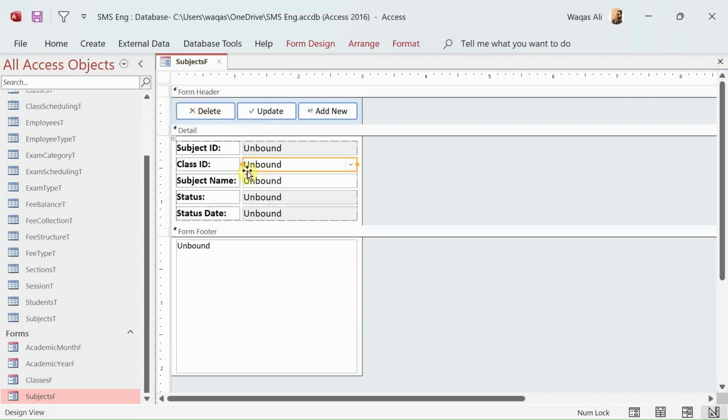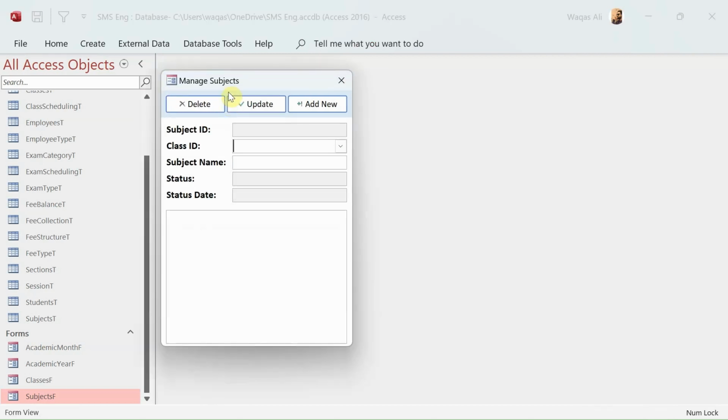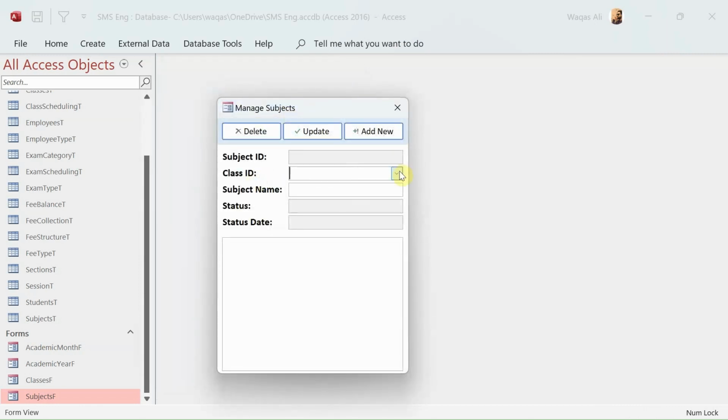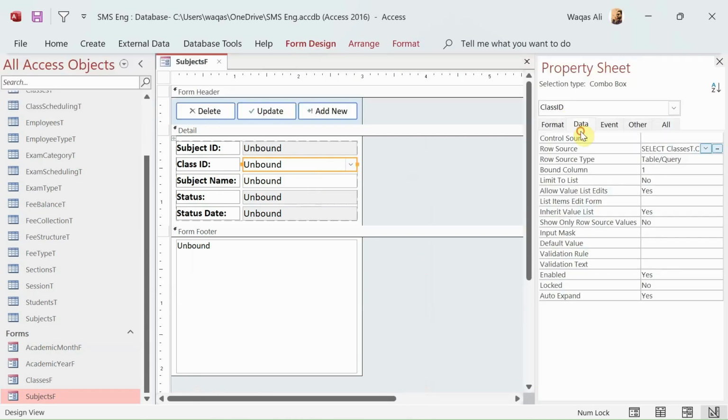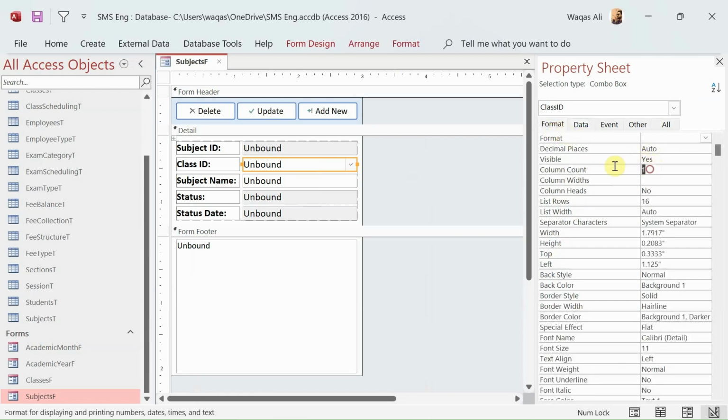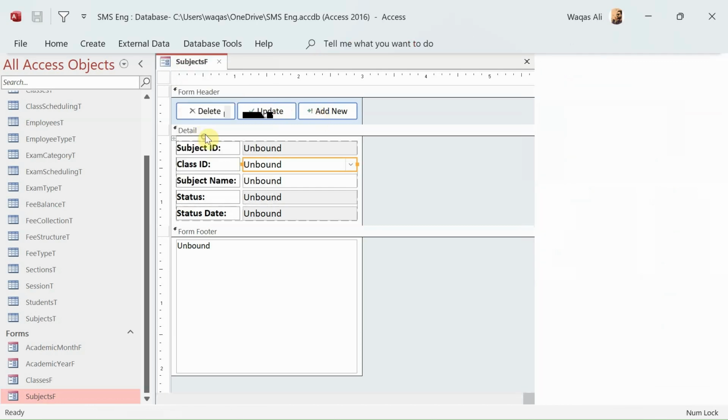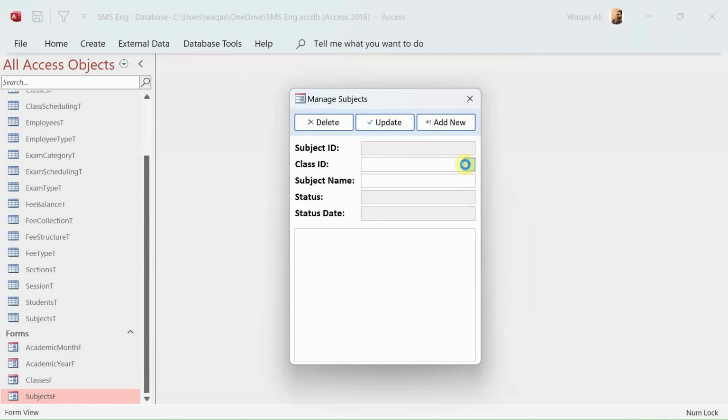Okay, anyway, we are back, and if I go to the form view, class ID, if I click on the drop down, what do we see? We see numbers, basically primary ID, which we don't want to see. We want to hide these, and we want to see the name of the class itself. So we'll go to the format tab, and we'll go to the column count, and we'll say column count 2 because 2 columns, and column widths 0 semicolon 1. Okay, now if we go to the form view and we click on the drop down, what do we see? We see the class name, not the ID. So this is a bit more